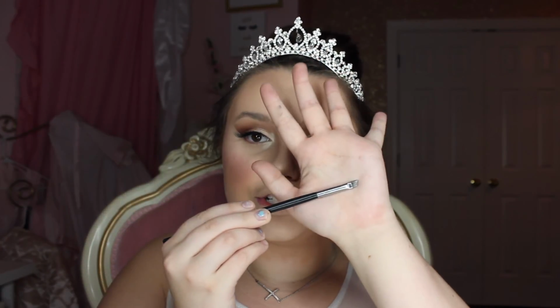So I'm just going to use this e.l.f. eyebrow kit, this brown powder shade. Mine is in the shade medium. I'm just going to use a flat angle brush. This one is from BH Cosmetics, and I'm going to take some of that. Never draw your eyebrows on from the top. Just follow your natural hair pattern from the bottom and flick up like this. It doesn't have to be a super harsh brow. You can just very lightly fill in and define the shape,